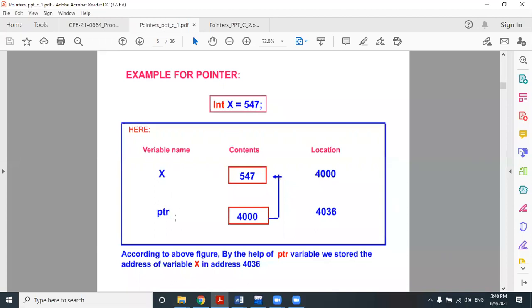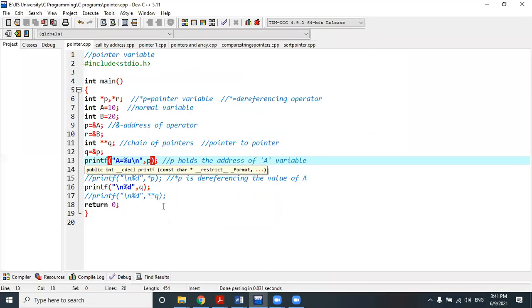In this example, if I apply dereferencing on PTR, it will return 547. 547 is the value of the variable X, to which this pointer PTR is pointing. So that is the operation of dereferencing.